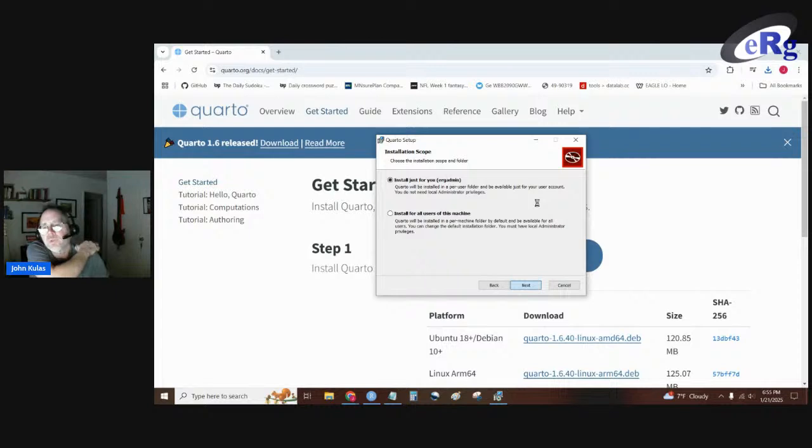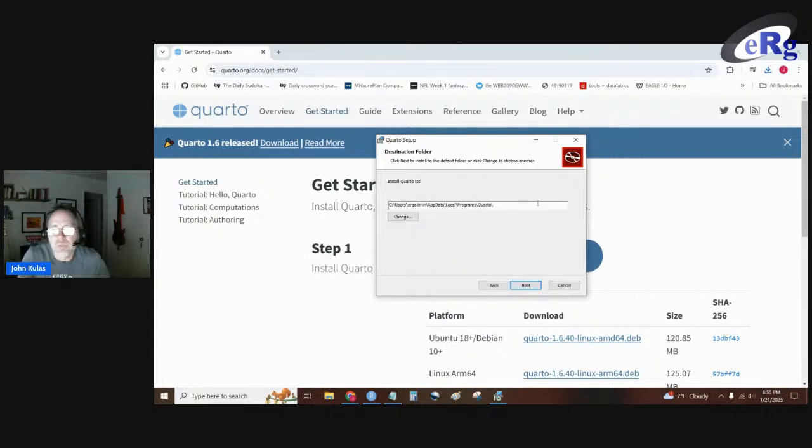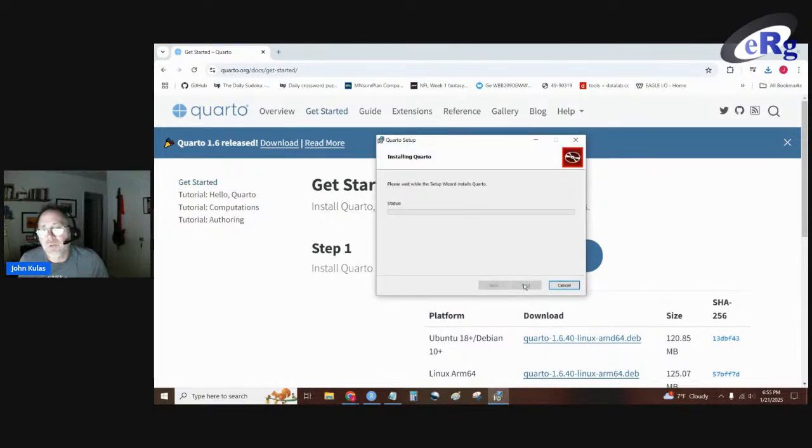I have a lot of profiles on this computer. I'm gonna make it available just to me. We'll go through a couple of these, and I'm tempted to abort this because, well, we'll see.